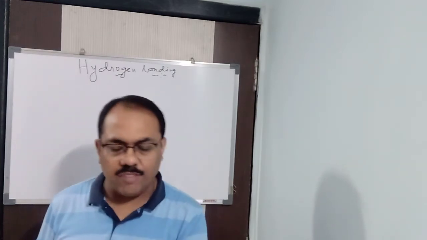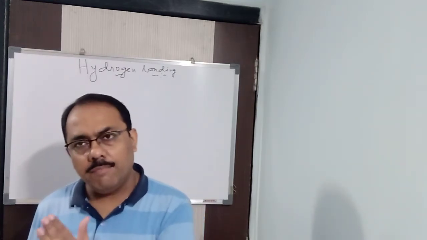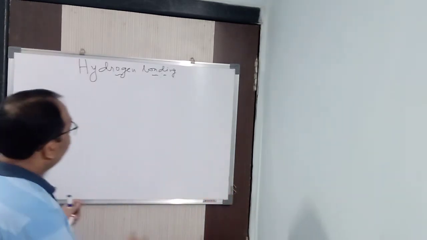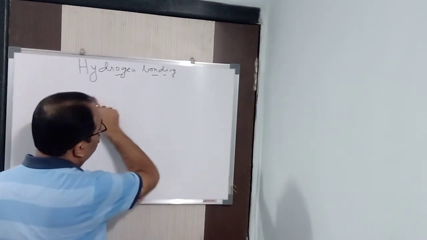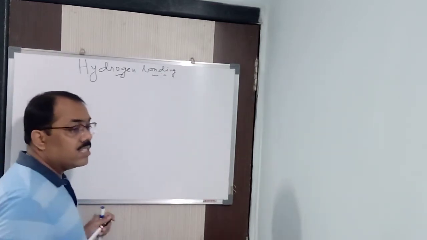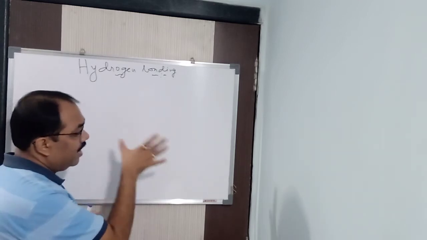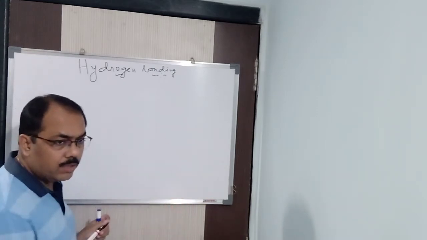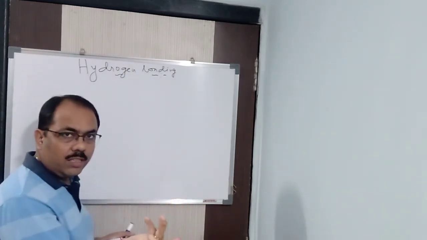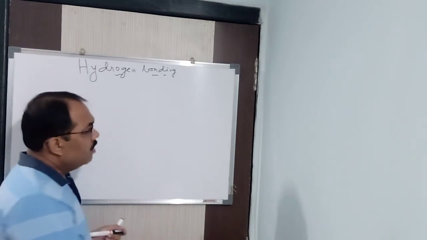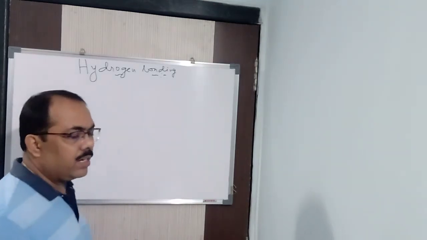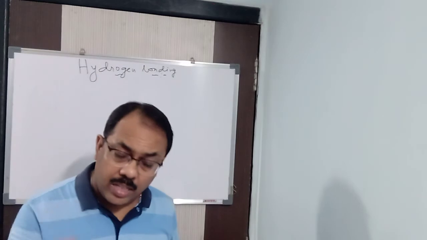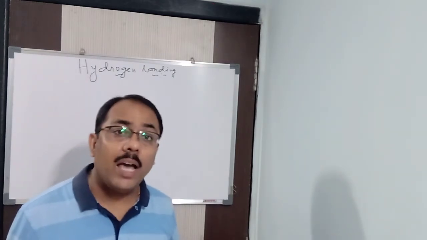So it's an electrostatic force of attraction between a hydrogen atom and a more electronegative atom. For that reason we take nitrogen, oxygen and fluorine, because when you move from left to right across a period, electronegativity increases as atomic size decreases. So in the second period, only these three elements have higher electronegativity. Other elements above them are not there. Below, elements are there, but down the group, electronegativity decreases.